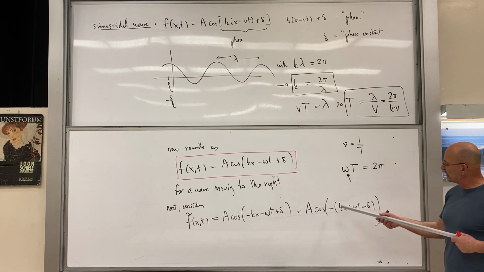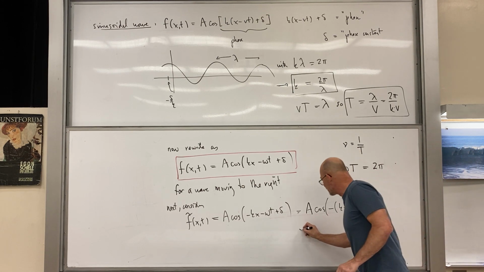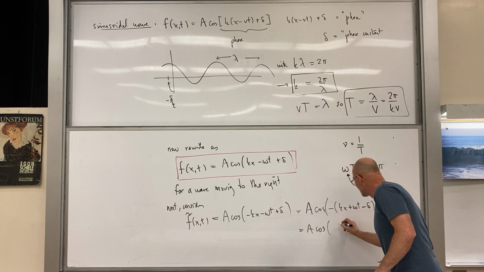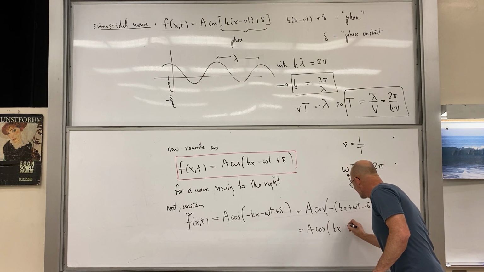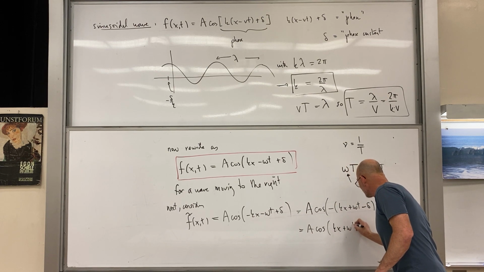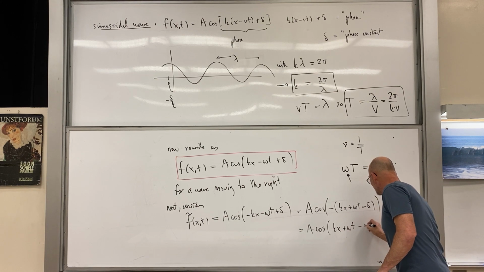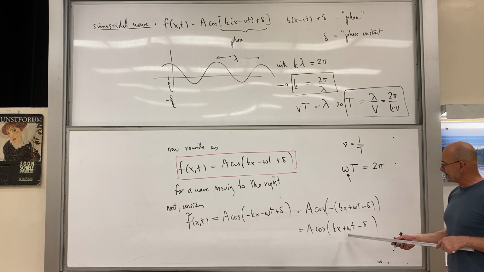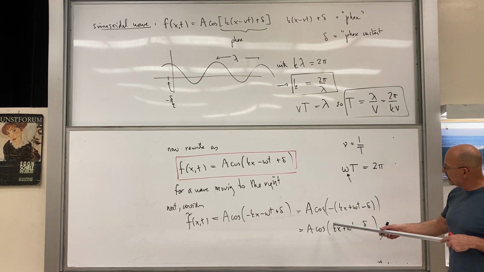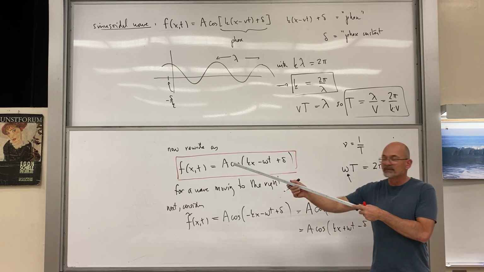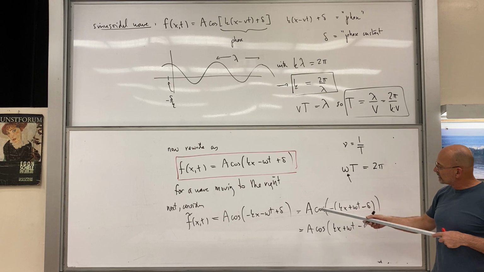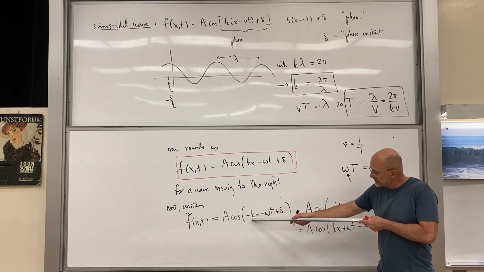But the cosine is symmetric, so that's equal to A cosine of kx plus omega t minus delta. So this is now the wave moving to the left. This was the wave moving to the right. And I got that just by changing the sign of k